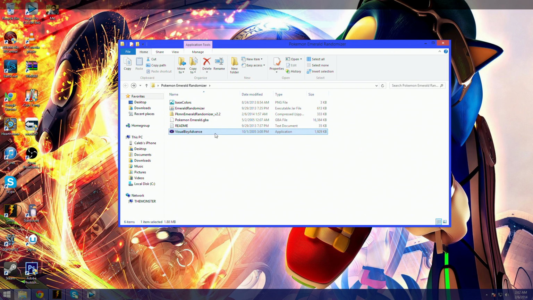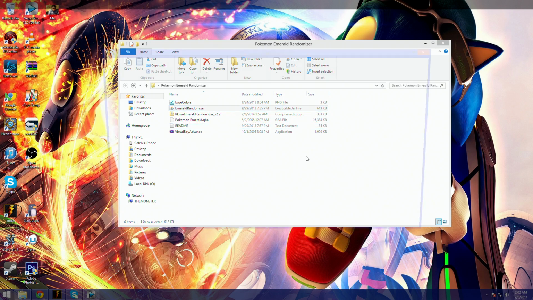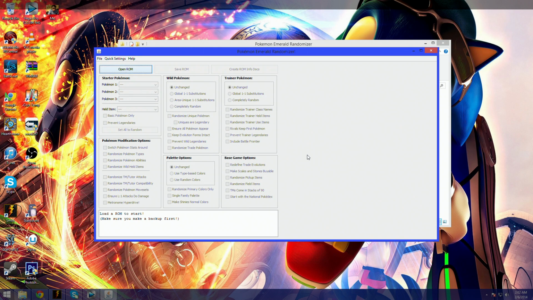What you guys are going to want to do is, if this is not a JAR file, you want to right-click on it, and you want to open with Java. If it's not Java, you don't want to open it as a WinRAR archiver file, because it's going to give you guys a bunch of files that you're going to have no clue how to deal with. So you want to open it with Java. So go ahead and open with Java, and it's going to bring up this blank screen